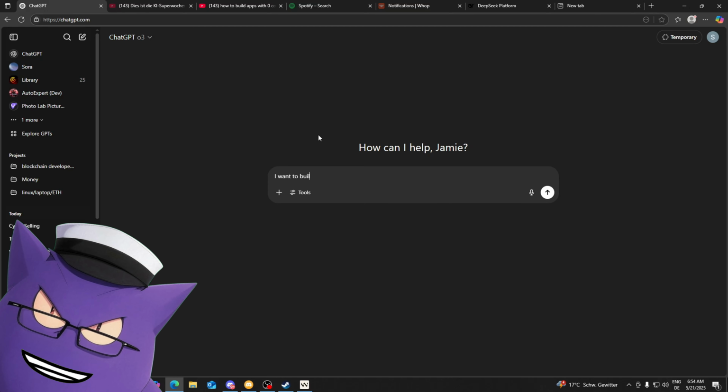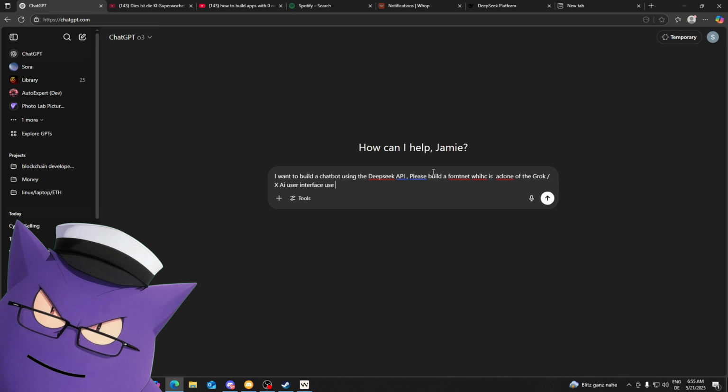Alright, so we now want to create our prompt. Let's say I want to build a chatbot using the DeepSeek API. Why are we using the DeepSeek API? Because the DeepSeek API is the cheapest AI API on the entire API market right now. Other APIs like, let's say, the OpenAI API or the Anthropic API are just way more expensive, and DeepSeek costs like basically nothing. Please build the frontend with,